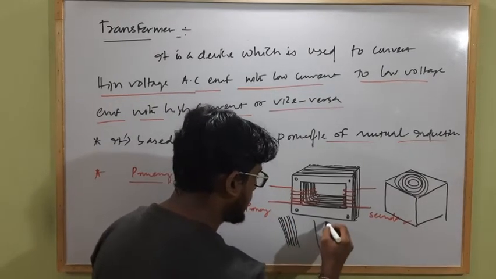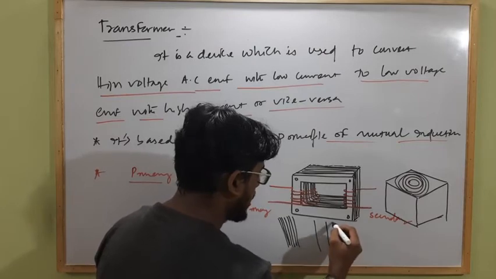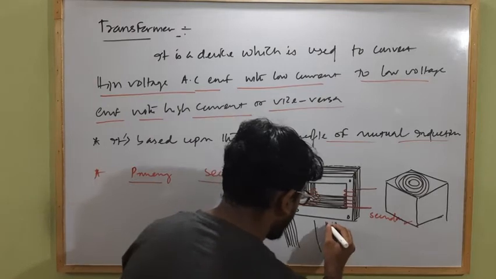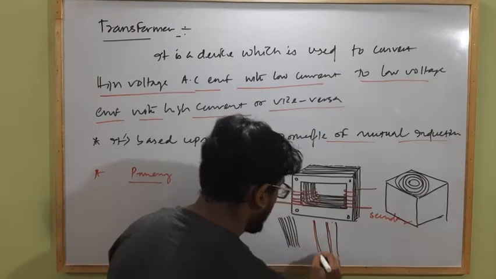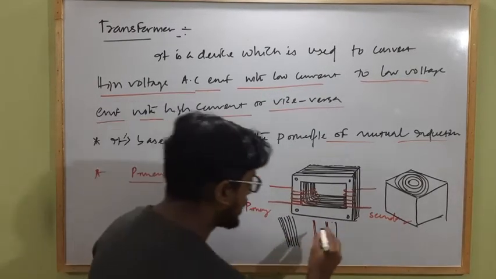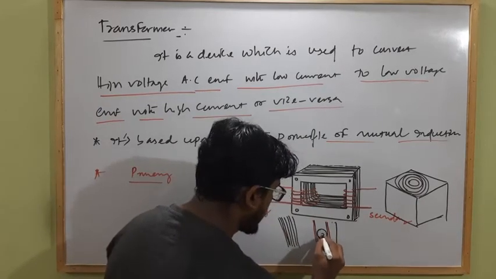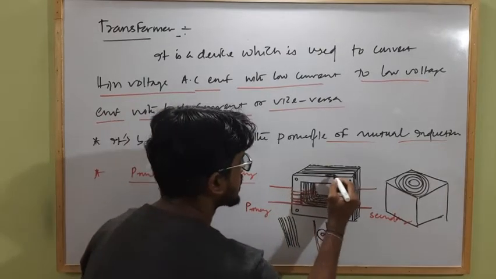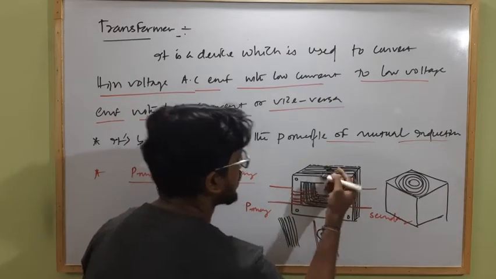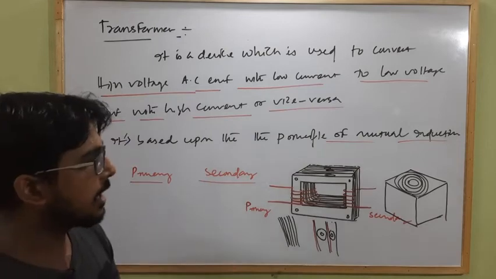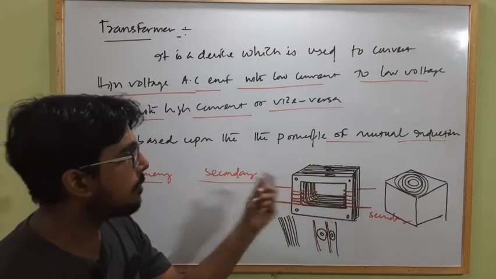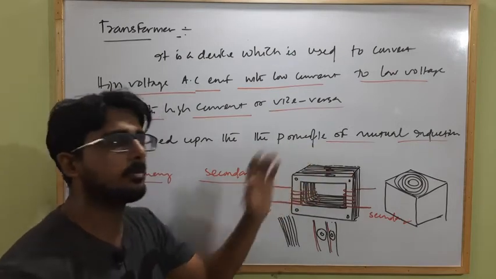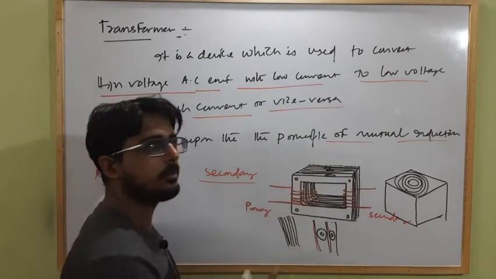if this is a sheet and it is insulated, and here is another sheet, but these sheets are insulated from each other like this, then the eddy current will form very small for this surface only. Individually the eddy current will form across the surface of each thin plate. That's why the core is made up of very thin and large number of sheets, and each sheet is insulated from each other to reduce the effect of eddy current.